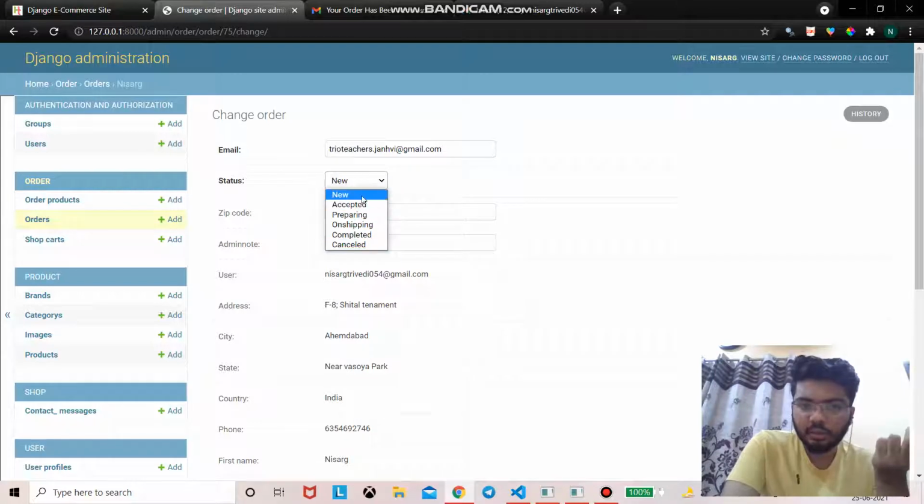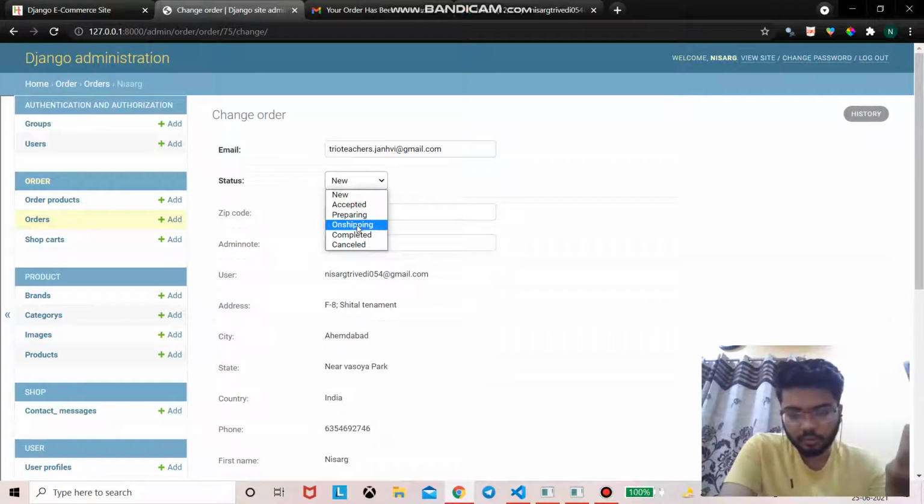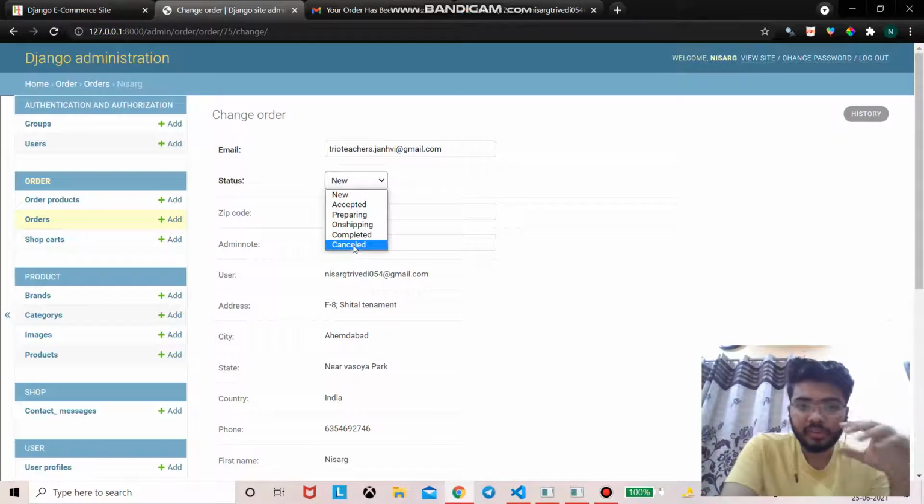The admin can do any of that. If the product is accepted, then we will use the accepted button, and we will send a notification to the user, like your order has been accepted and we are preparing your order. Then the shipping, the product has been shipped to your nearby center, or the order is completed, or your order is cancelled.